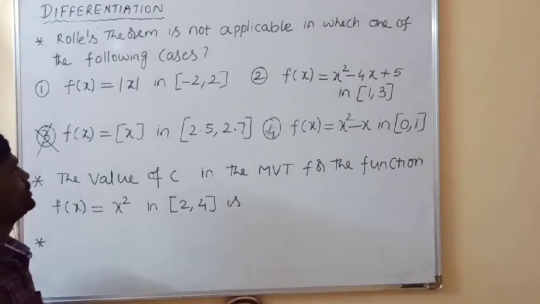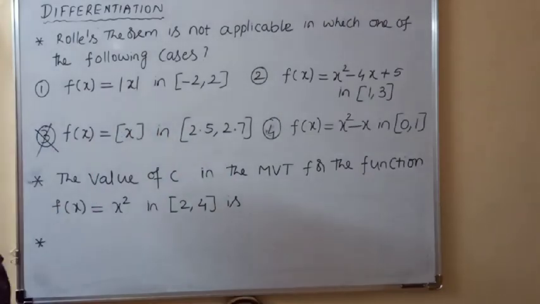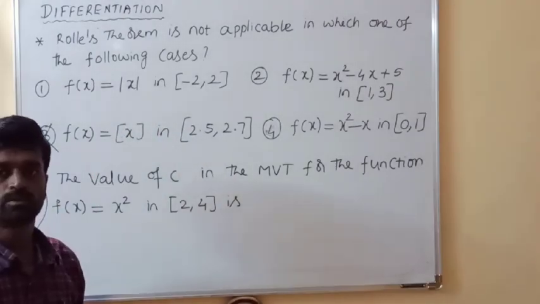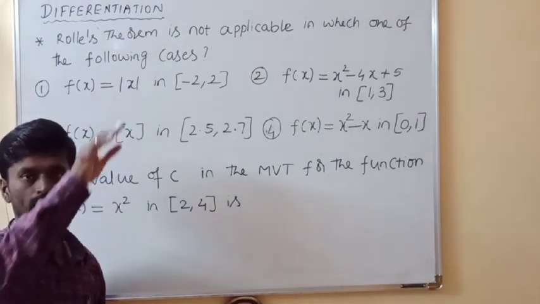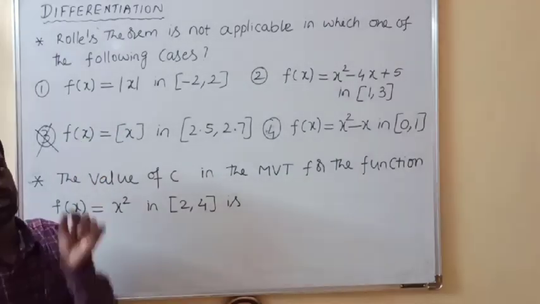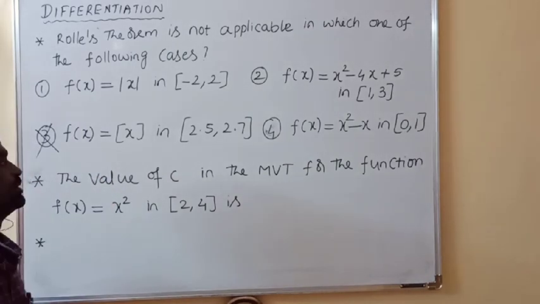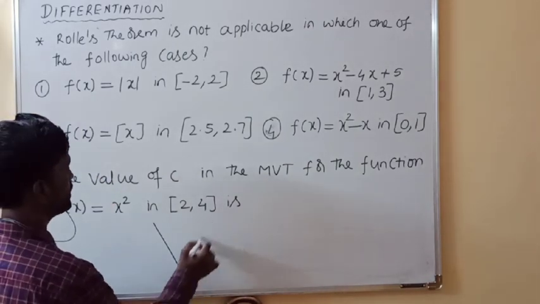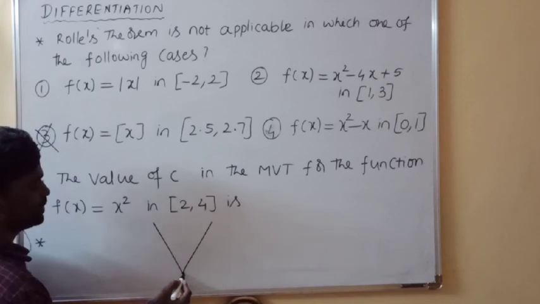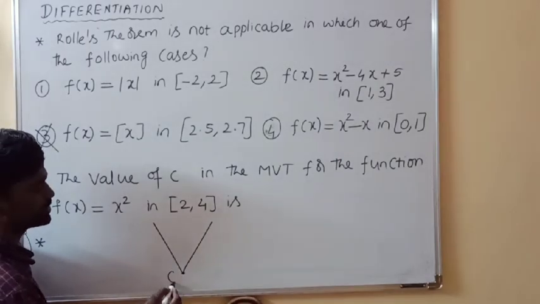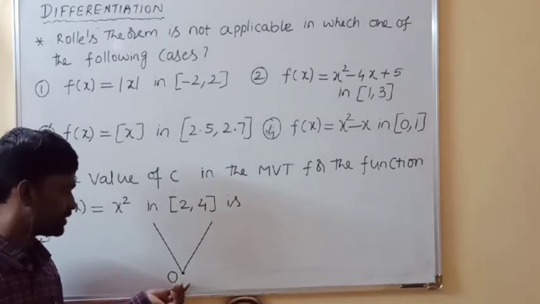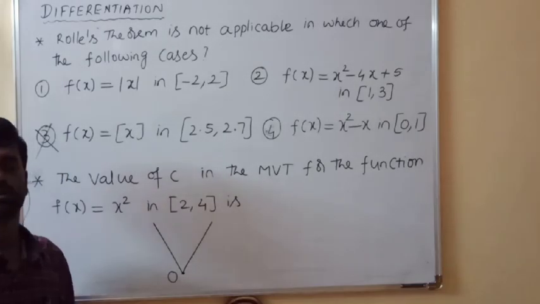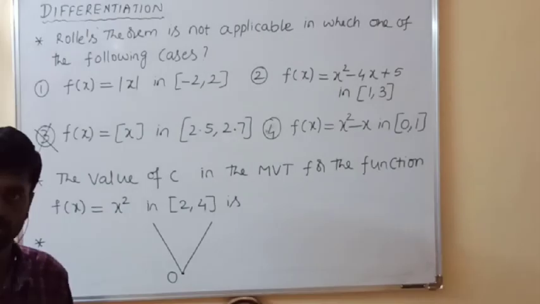Okay. So next you check mod function. If we are familiar with the mod x function graph, how will it be? V shape. That means where we have a sharp edge in the mod x function graph, so mod x function has a sharp edge at x is equal to 0. As the graph has a sharp edge at 0, then at 0 it is not differentiable.